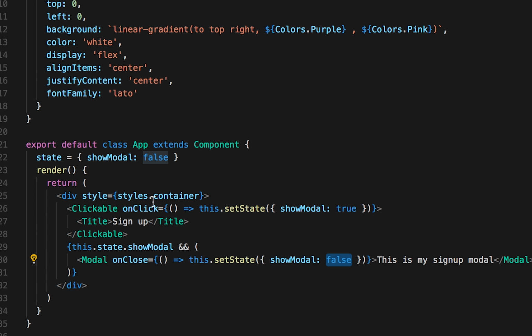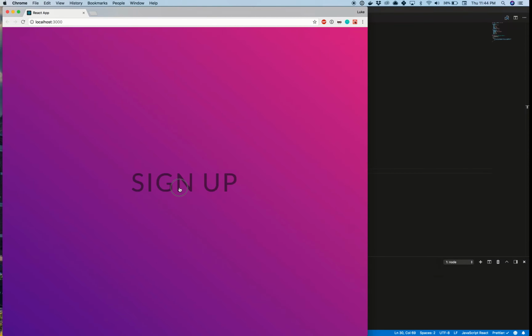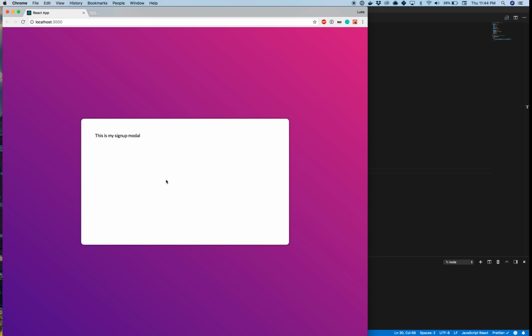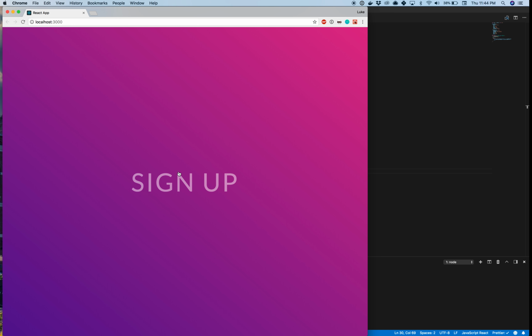We're going to re-render, and now that it's false, it's not going to be shown. So if we open it up, and I click out in the background, it closes. Great, that's exactly what we want. Okay, so the problem is, now if I click right here on the modal itself, it also closes